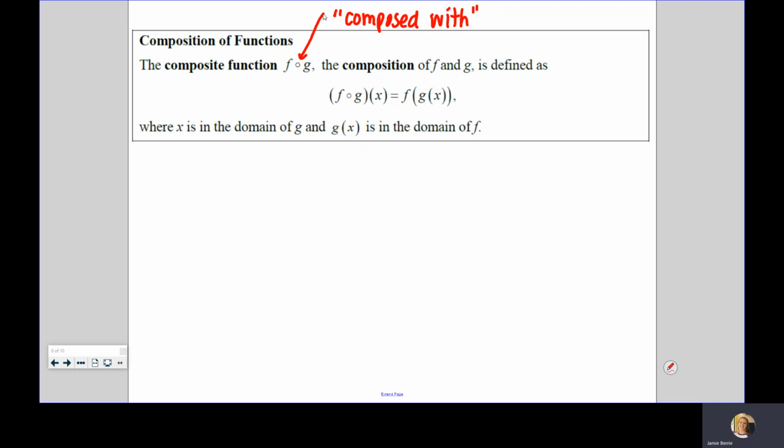All right, so it says the composite function, f composed with g, looks like fog, but it's f composed with g, also known as the composition of f and g, is defined as,